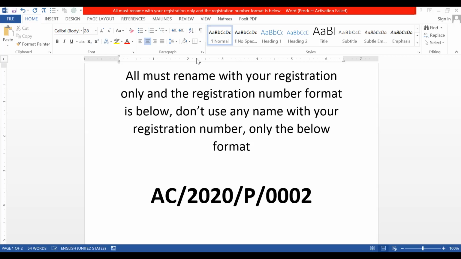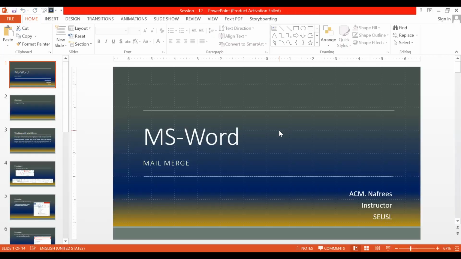So today is a very important section, mail merge. It is one of the most important features available in MS Office. Mail merge is mostly used for printing the same letter with different addresses. For example, many of you receive a letter from the institute regarding your registration. Once you're registered, they will send you a letter. The body part is the same for all. Only the address and the registration number will be different.